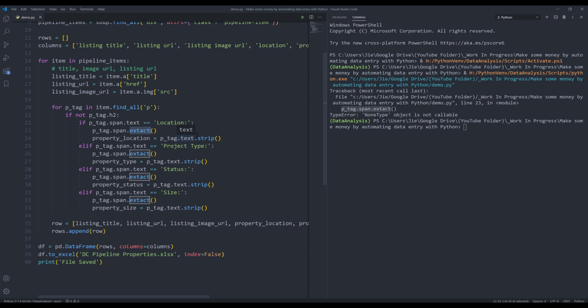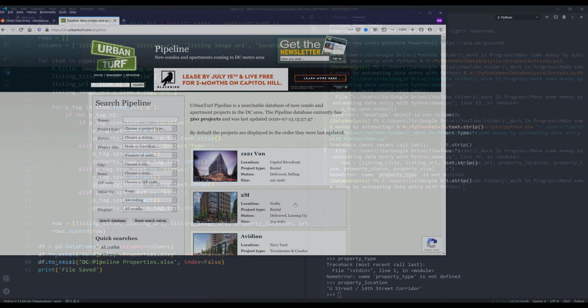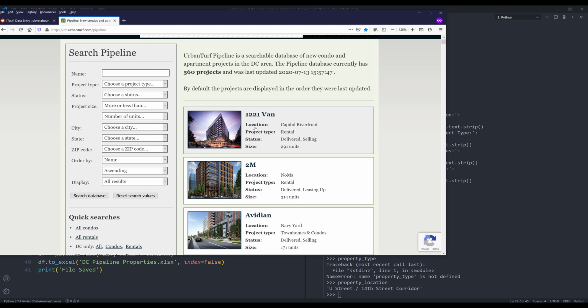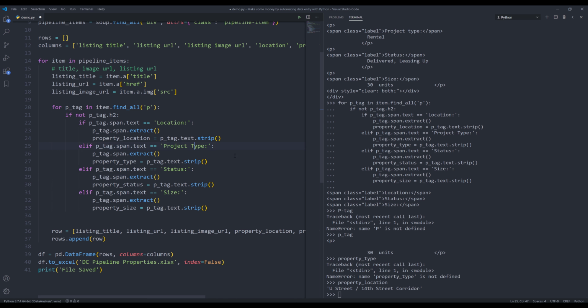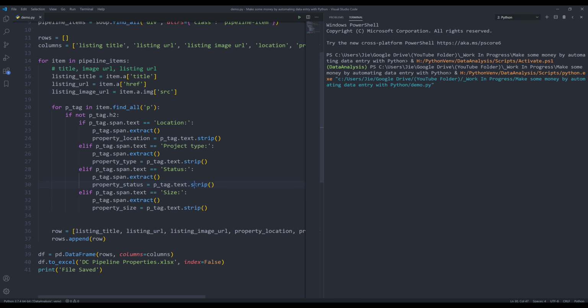oh, and here I have a typo. This should be extract. Alright, let me try again. And property size, property type is not defined. Oh, okay, I see the issue now. Let me zoom in a little bit more. If we look at the property title for project type, the T is actually lowercase, and here I'm using an uppercase T. So let me fix that. Alright, I think that was the issue. Now if I run the script again,